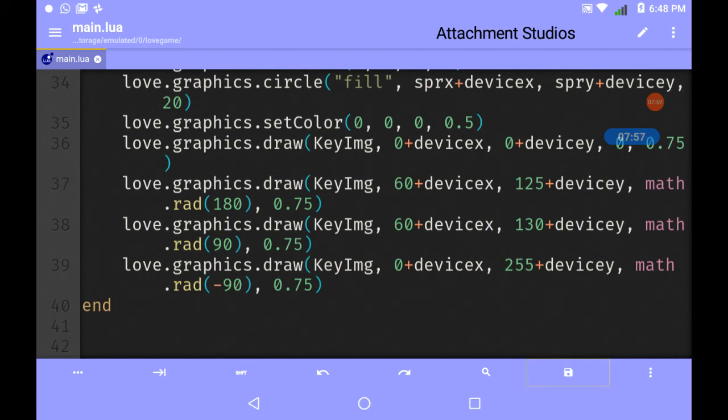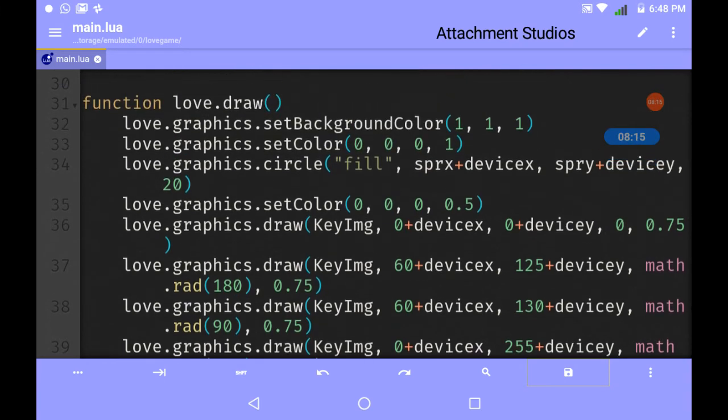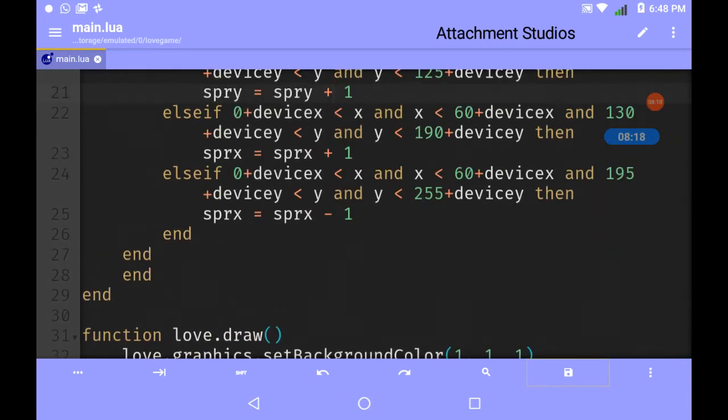That will give the radian for the given degrees in the brackets, and then it's the sizing, that is how many times you want to size it. I have set that to 0.75, and that's just for making buttons and nothing else.